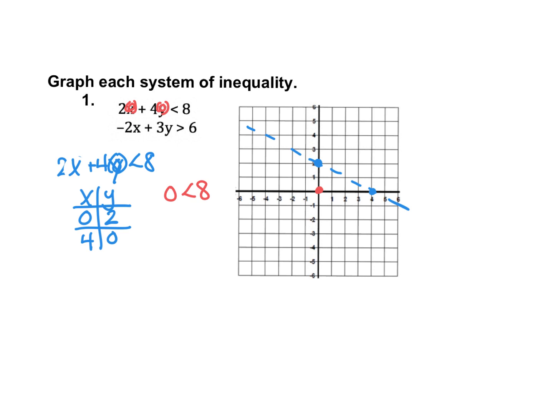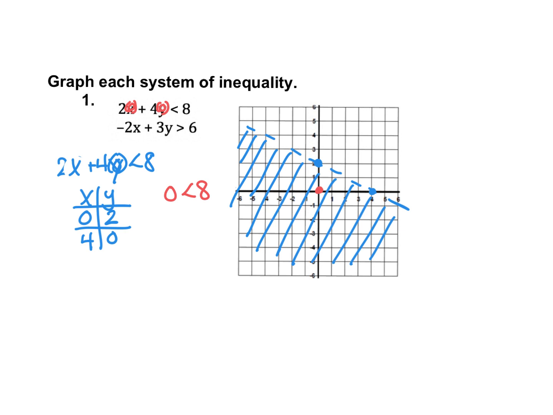So we need to ask ourselves, is 0 less than 8? Because 0 is less than 8, that means it is going to be a solution to the system. And so we know that we're going to shade in that direction on the coordinate grid. So we pick that point 0, 0 to determine if it's a solution,